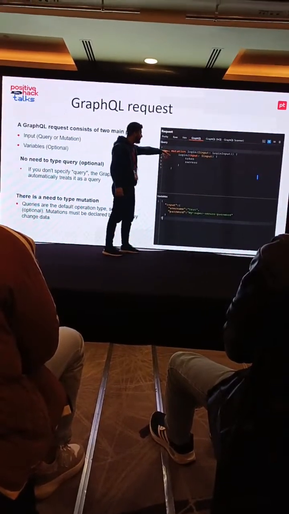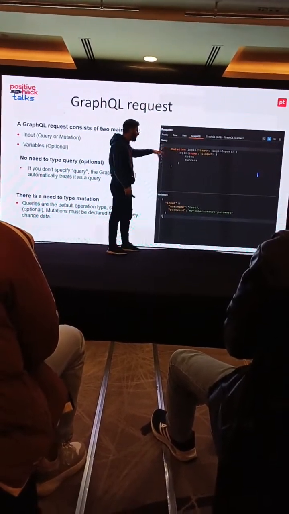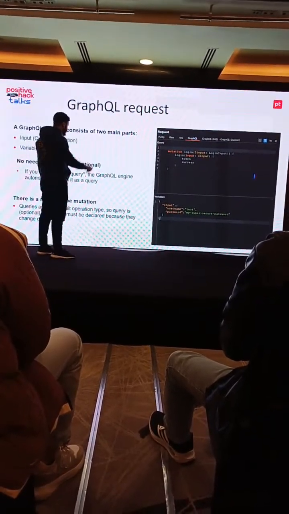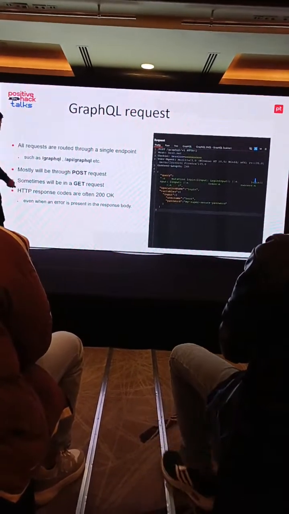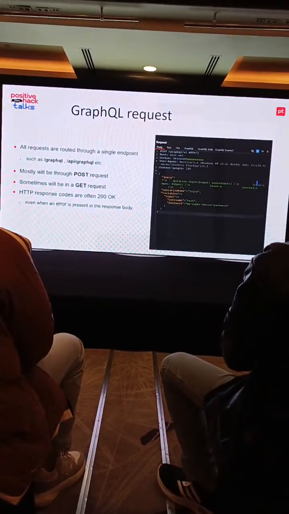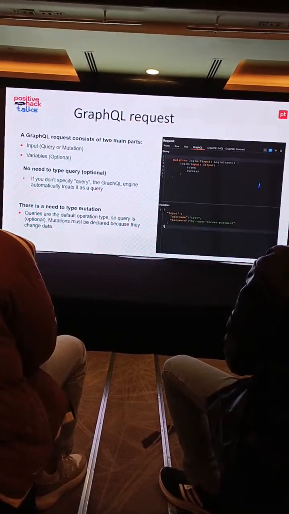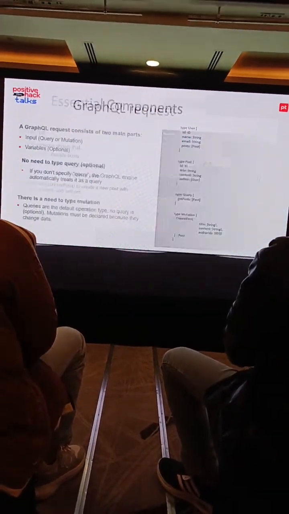So we have to specify the keyword mutation. But if we are querying for something, we don't have to write query like in the previous slide which we took before. Anyways, go back. Okay. So here sometimes you will see